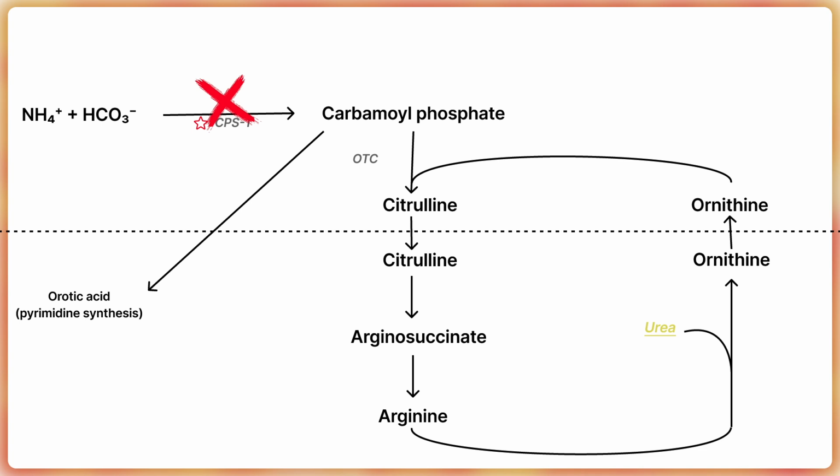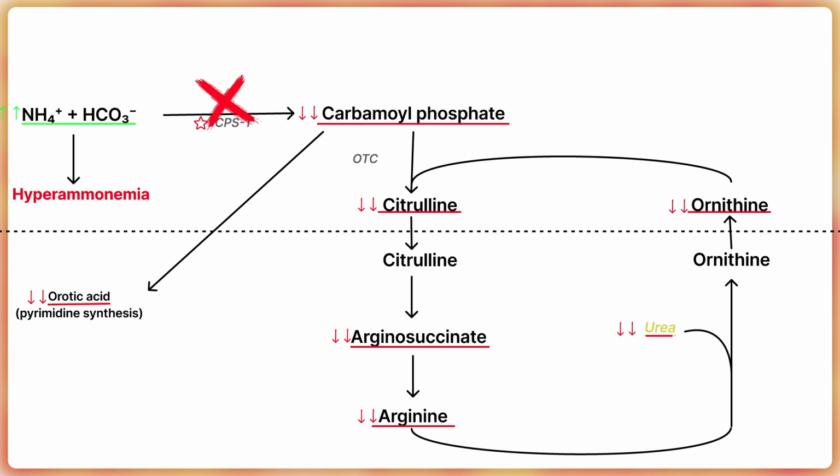Additionally, all other downstream intermediates of the urea cycle will also be absent. On the other hand, intermediates that are upstream to CPS-1, particularly ammonia, will build up, leading to hyperammonemia. And unlike a defect in OTC or an enzyme that's downstream to carbamoyl phosphate, there will be no orotic aciduria, since carbamoyl phosphate is not even produced in the first place, and therefore a crossover to pyrimidine synthesis cannot occur